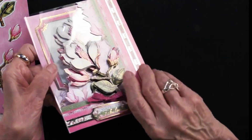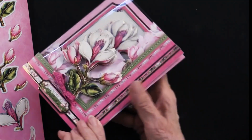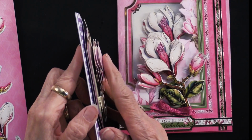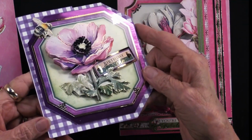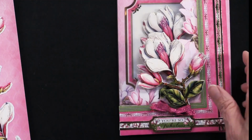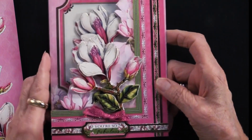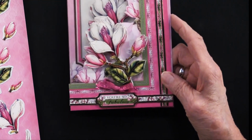Now, as you're layering these with the foam tape, you can decide how thick you want it to be. Now, this and the previous card are pretty thick. They're probably a good 1/2 inch. Now, if you're going to do that, this is going to be a card that you're either going to hand deliver or it's going to get tucked into a box and mailed, which is perfectly fine. Same thing with this one, or you could leave it flatter. So it's just up to you. So she's done that with foam tape. She also foam taped the